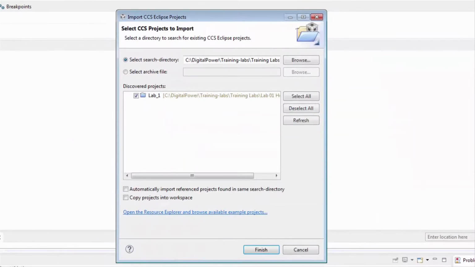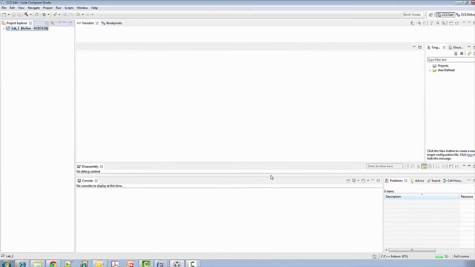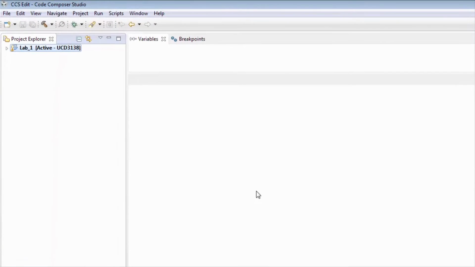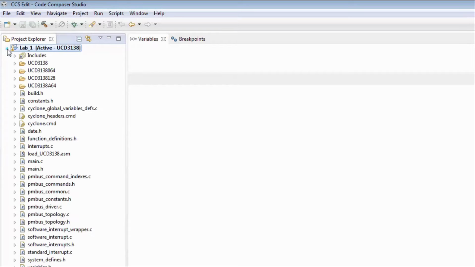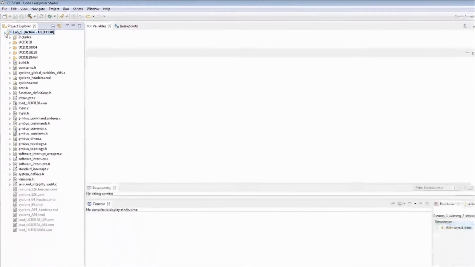Click Finish. You should now see the Lab 1 project in the Project Explorer pane. Expand the project to see the source files. The next step is to build the project.